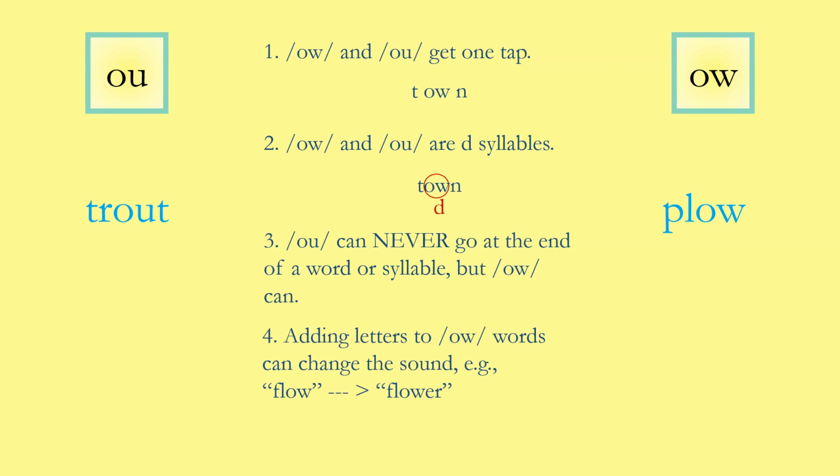So, first, OW and OU get one tap. So if we look at a word like town, we're only going to tap it 3 times. T, ow, t, ow,